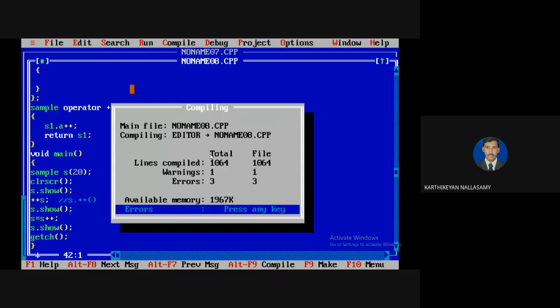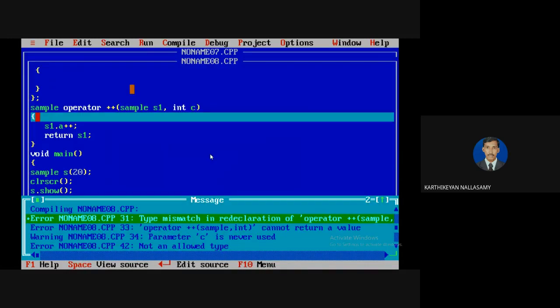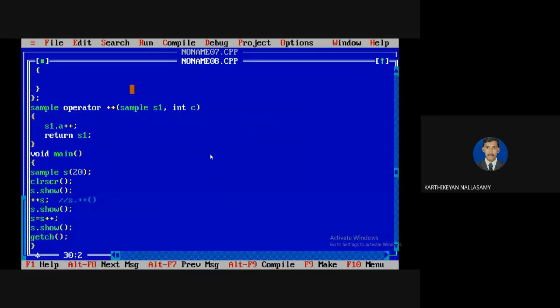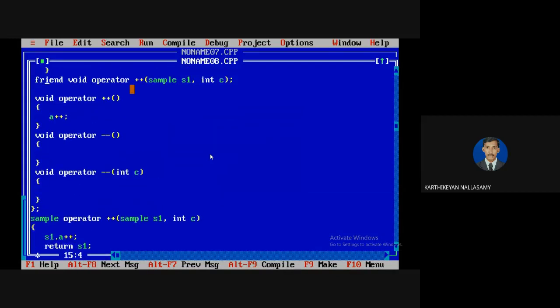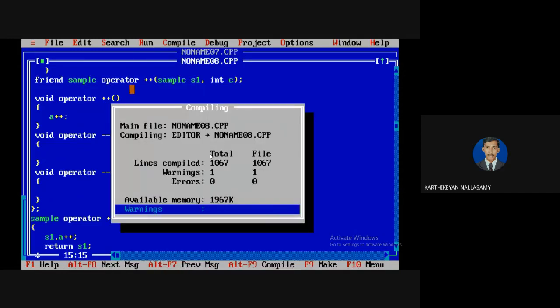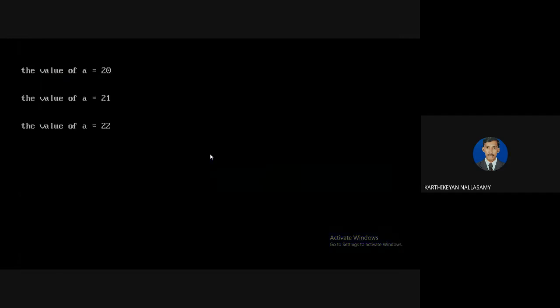Now you can compile. Small correction: I forgot to declare it, because I'm going to declare it as void. So no errors. Then you can execute as usual. Now it will be changed.